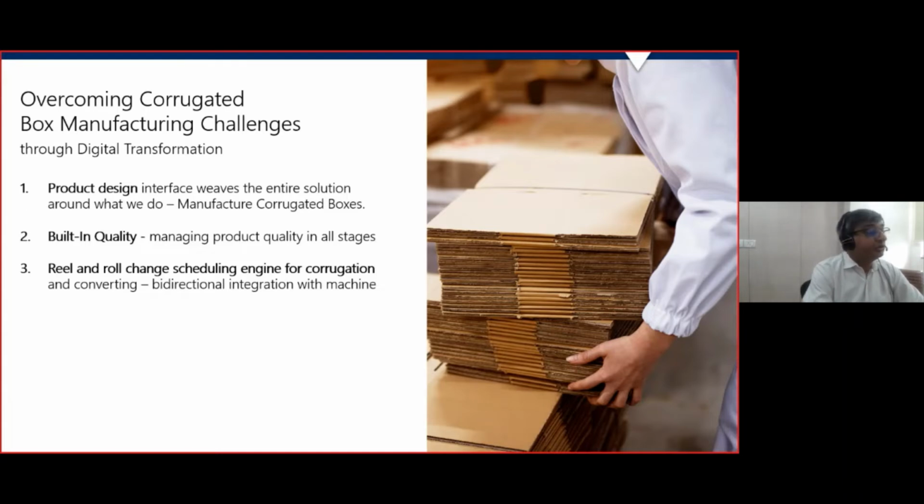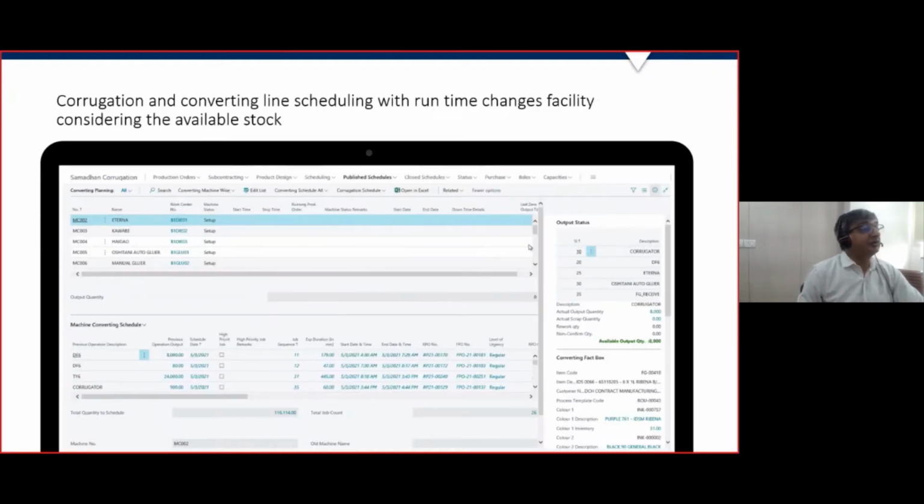At the same time, we don't want to lose sight of the customer commitment. So a very good system has been created for production planning, and it always adds a little more production than was otherwise possible. And as I had mentioned, we have provided bi-directional integration. So this is our line scheduling. And when we do scheduling, as Bernie was saying, there is always an emergency on the shop floor. So we have also provided features so that after we have created a schedule, if you want to reshuffle and bring something up which was down in priority, all that can be done